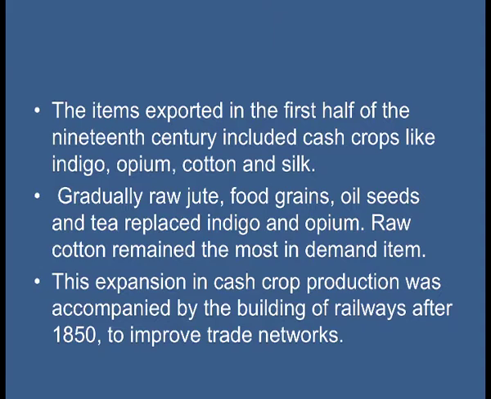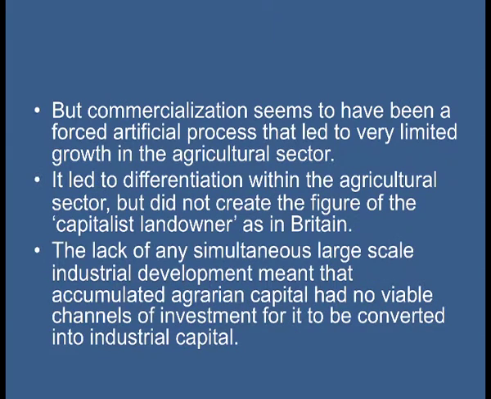Gradually, raw jute, food grains, oil seeds and tea replaced indigo and opium. Raw cotton remained the most in demand item. The expansion in cash crops production was accompanied by the building of railways after 1850 to improve trade networks. But commercialization seems to have been a forced, artificial process that led to a very limited growth in the agricultural